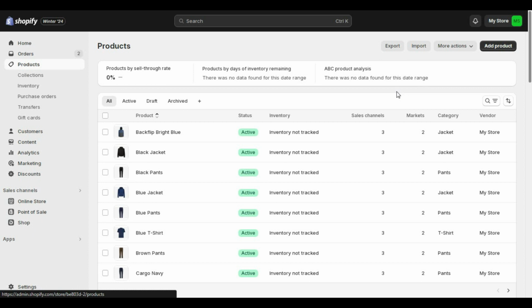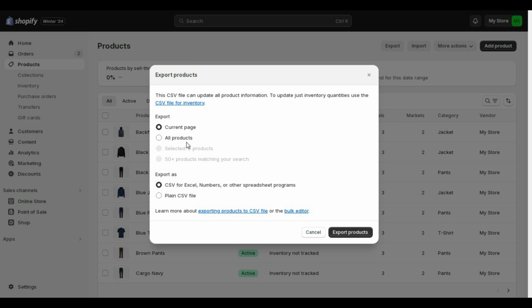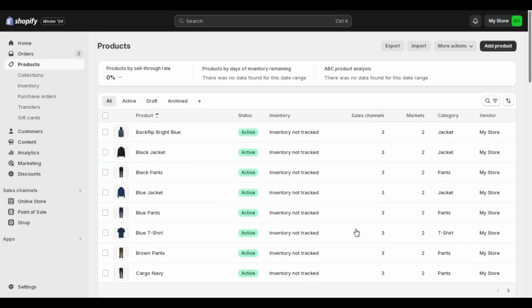And if you also have a Shopify store, in order to create this recommendation system, you will first have to export your products inside the chatbot's table database. And to do that is quite easy. You go over here and then you click all the products and then export as a plain CSV file. Hit this button here, it's gonna send the products to your email account, and then you simply download the CSV